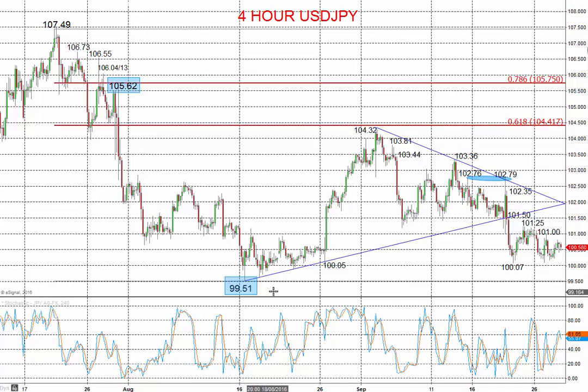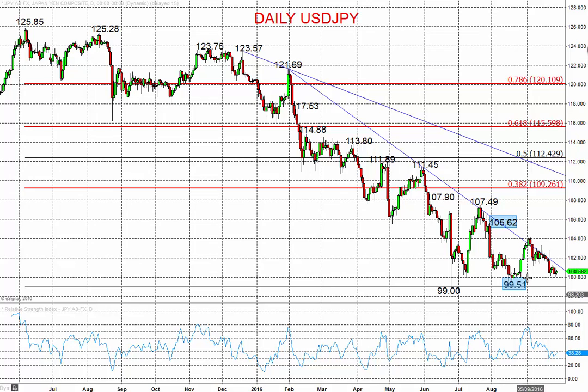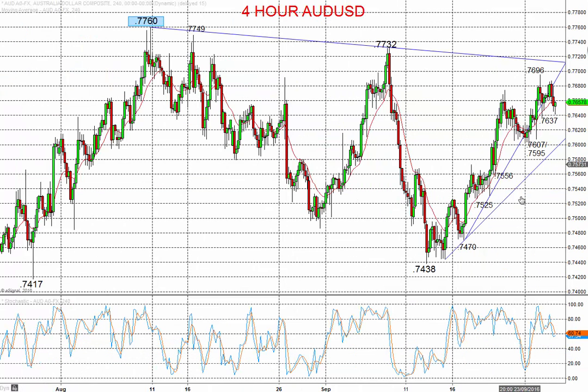And we feel if you break down through here, and if we go to the bigger chart in here, the daily chart, a break through 99.51 would signal a bigger picture, more bearish shift, and then probably open up a far more negative tone, certainly to challenge this post-Brexit low at 99.00. So definitely a negative tone for the US dollar, with real risk of it turning more bearish versus the Japanese yen.